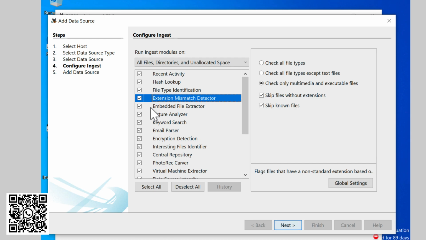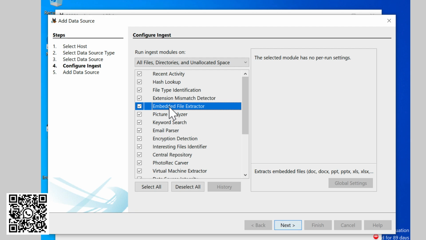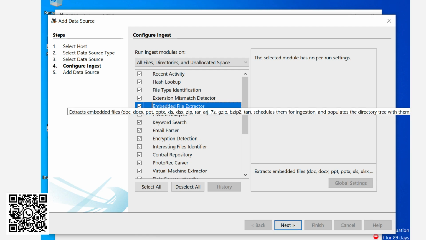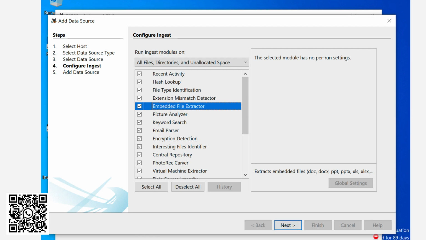So in that case, Autopsy has an option to search and fix the mismatched extension with a MIME type extension detector. So that is really important, and it is really good to have this module turned on.